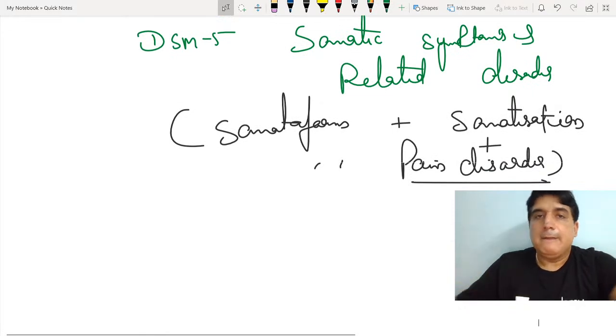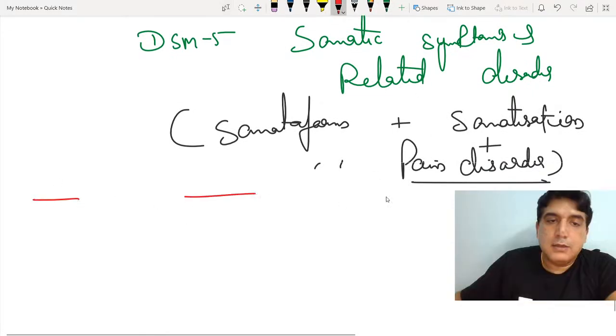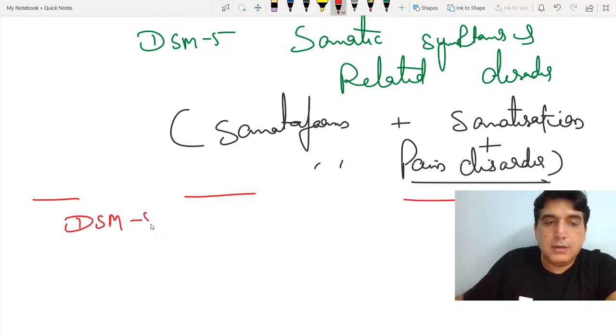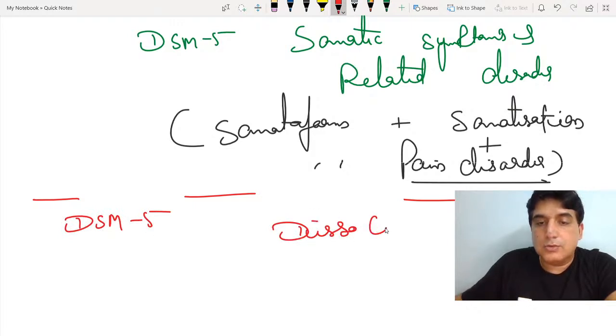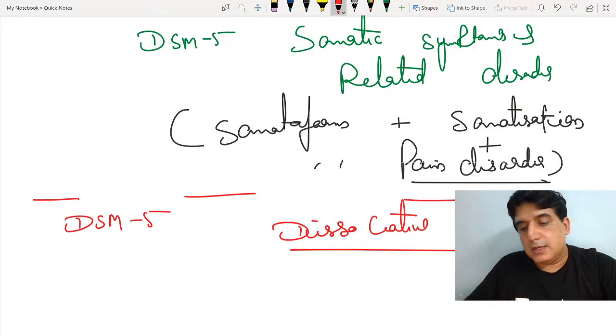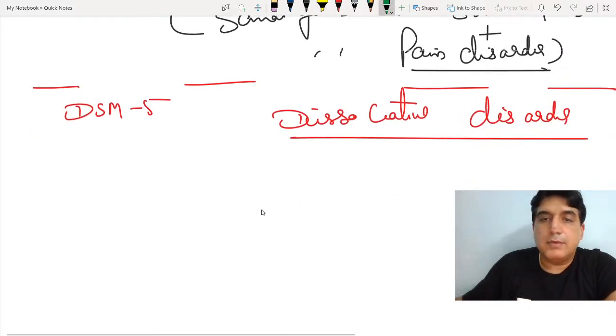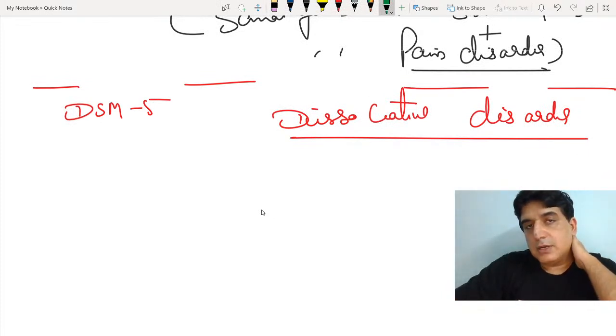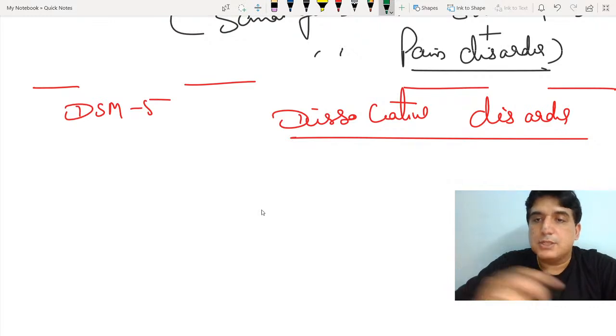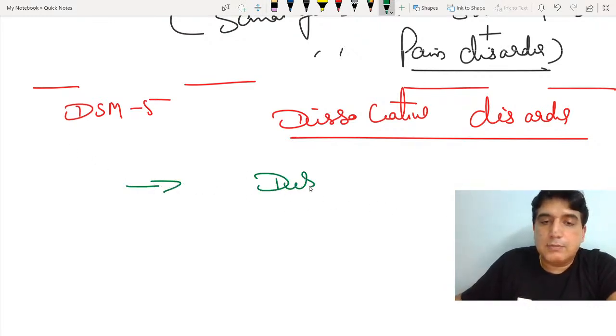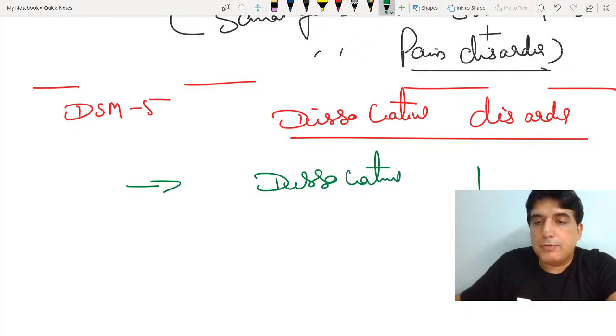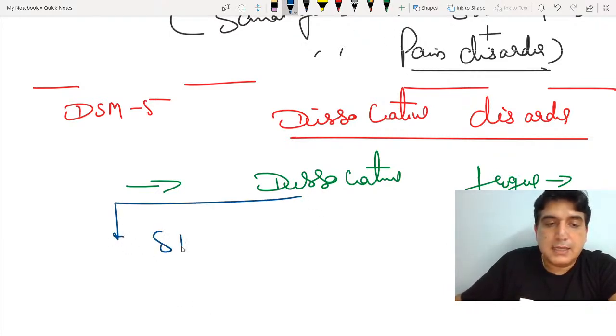Okay guys. In DSM-5 regarding dissociative disorder, one important update: before, we said we have various subtypes of dissociative disorder: dissociative amnesia, dissociative fugue, dissociative identity or personality disorder, and the trance and possession disorder. Now this dissociative fugue has been removed. This category has been removed in DSM-5 and we use dissociative fugue as a specifier